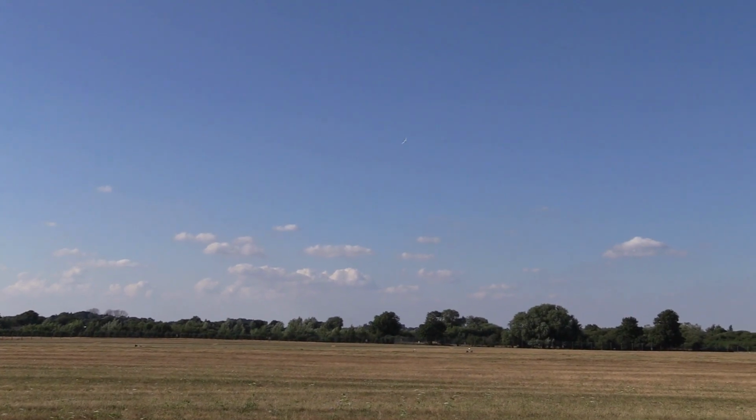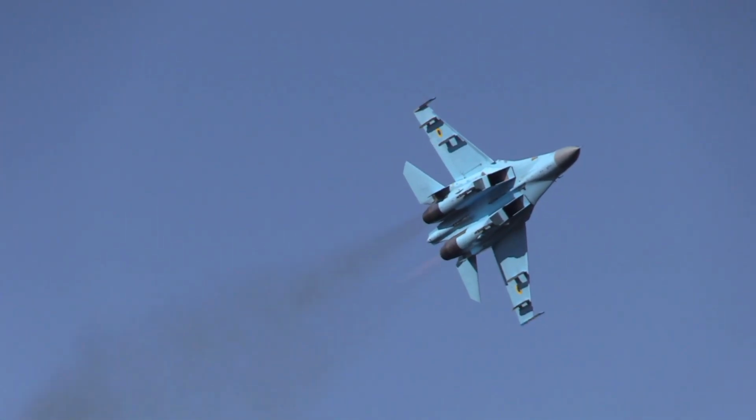67 Su-27s were taken on by the Ukrainian Air Force when the country became independent from the Soviet Union, and they carried on serving in the same roles as they had back in Soviet times. Apart from the Flankers like this one,